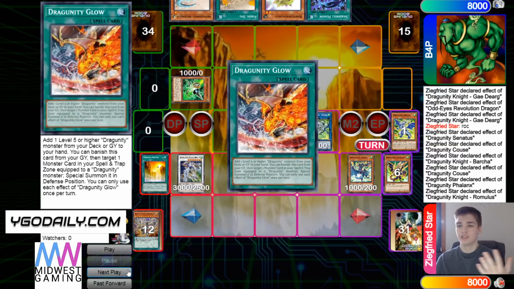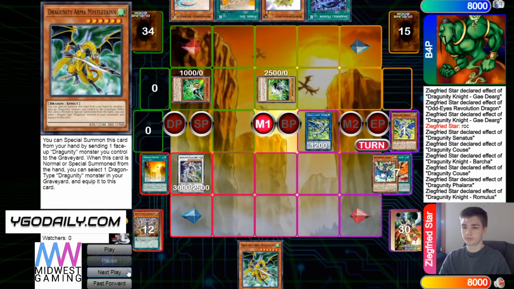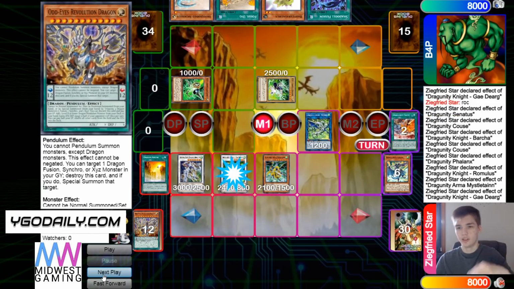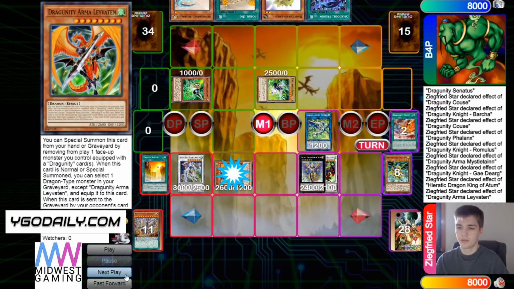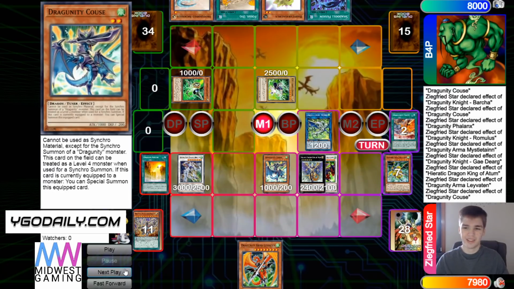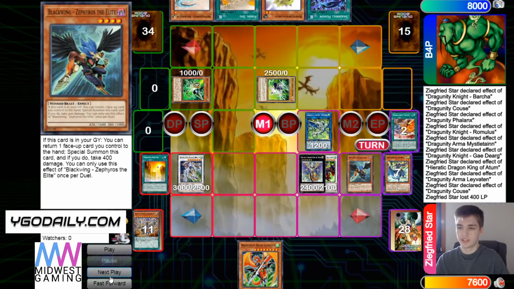Romulus effect, that's going to go ahead and add Glow from deck to hand, and then Glow in the Arma. Then Tribute to Summon, and then effect, it's going to equip Gay Dirge, and then Glow effect, unequip Gay Dirge, and then effect, going to add, and then get rid of Zephyros. Overlay for a Tum effect, it's going to activate, bring out Arma from the deck, and then use that effect, that's going to equip, and unequip, and then bounce, and then burn for 4 to bring out Zephyros,